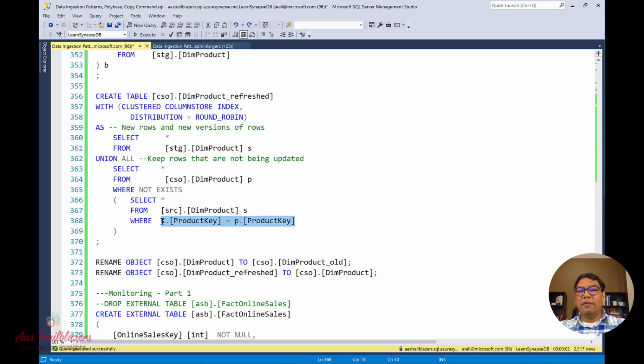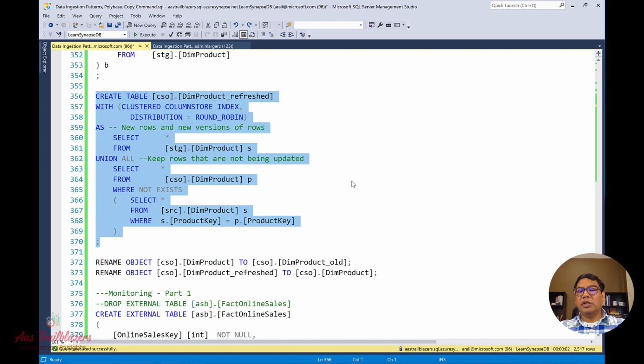key. If there is a record or product key in my staging table and the same record also exists in my destination table, it means the staging record has the most up-to-date information, and I can exclude that from the second part of the query, right? So this query is going to give us only rows that have not been updated, the existing records which have not been updated, whereas the first part of the query is going to give you all the new rows and all the updated rows. So this way we can create an intermediate table with the fresh set of data